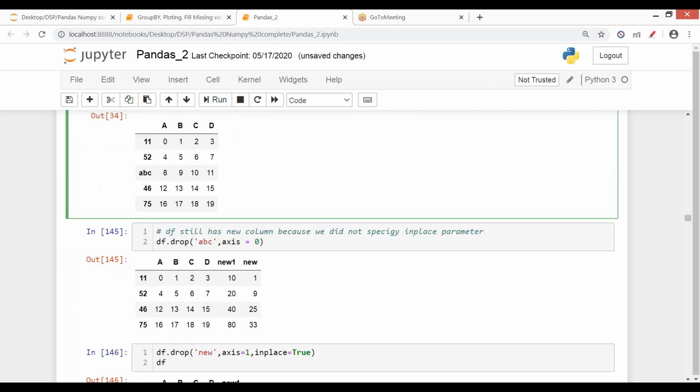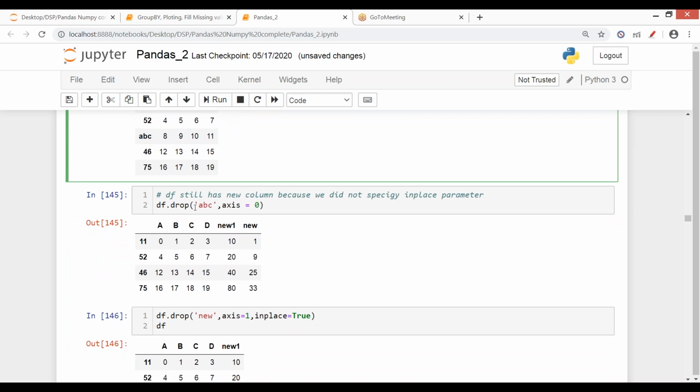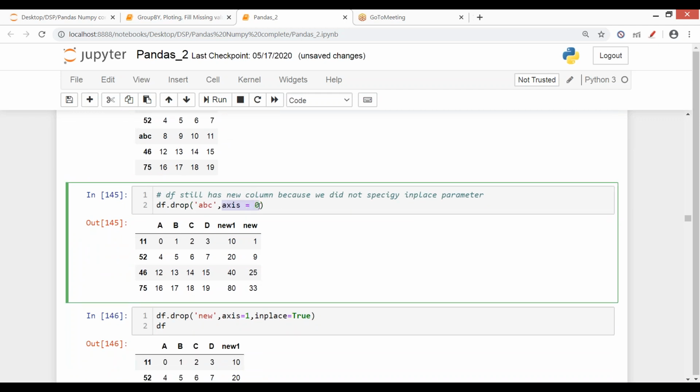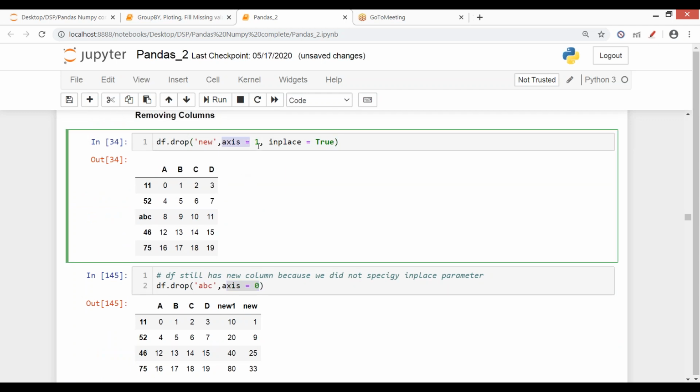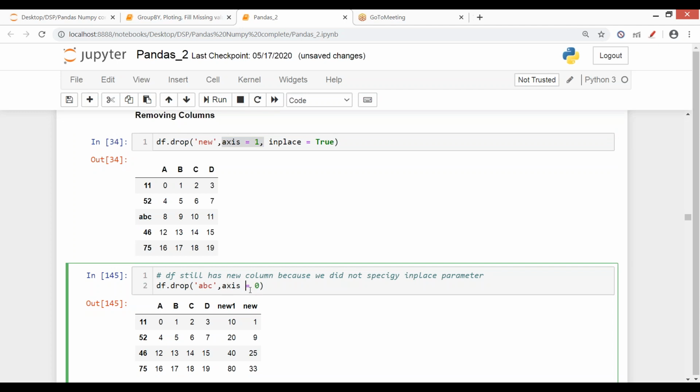Now if you want to drop a row, you just have to specify, by default, it will look into rows. But just to tell you, when given axis is equal to 0, it means we are searching for the value in rows. But when given axis is equal to 1, it means we are searching for the value in columns. Okay, so these are two axes, and you'll see them widely used.